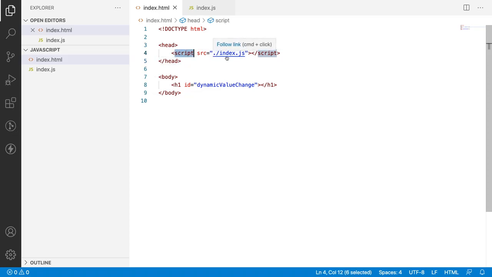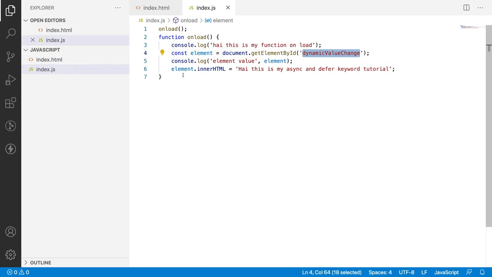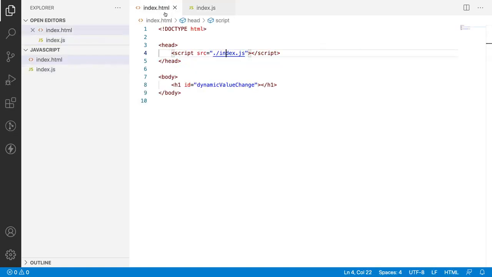It will go into my JS file and try to execute all the onload functions immediately. After loading this particular JS, our onload function will be called, and inside it, it is trying to get the element by the ID dynamicValueChange. But by the time this is loaded, our ID is not present in our HTML content.